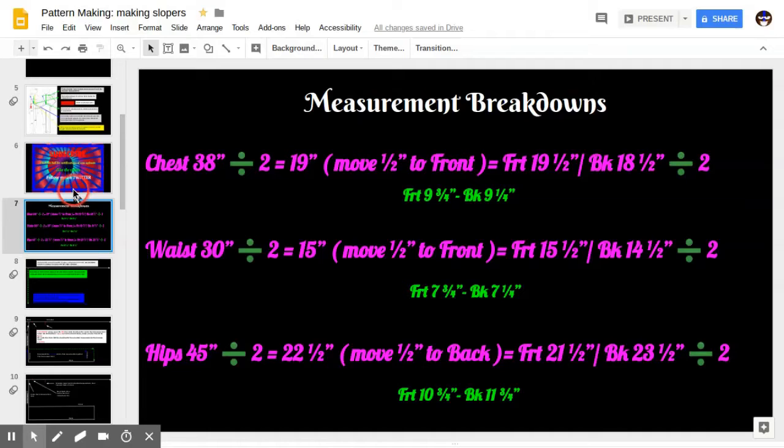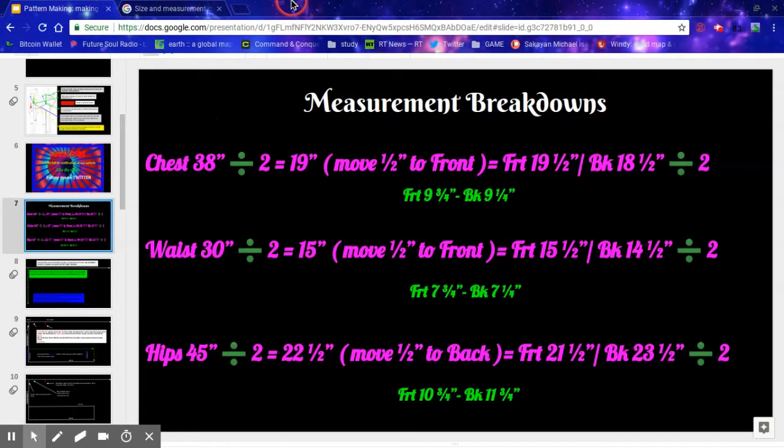What I did was I took measurements that I'm kind of used to working with in my experience as a custom clothing, custom tailoring, custom clothing designer. That's what I would say, because tailoring is something actually different from what I do. I do a little bit of tailoring, but not too much. But all right, if you were to